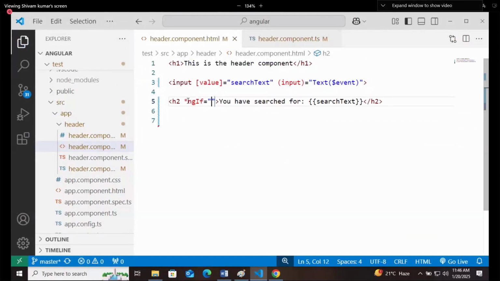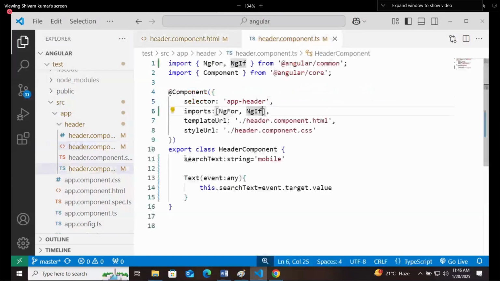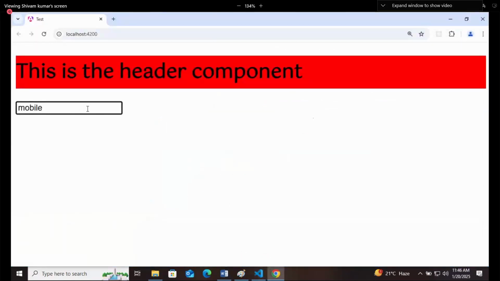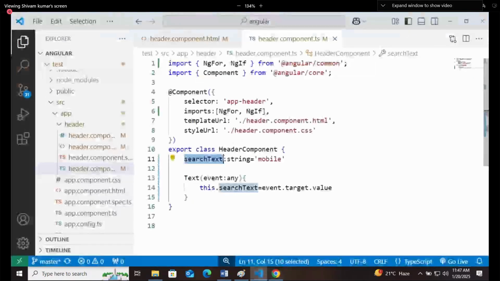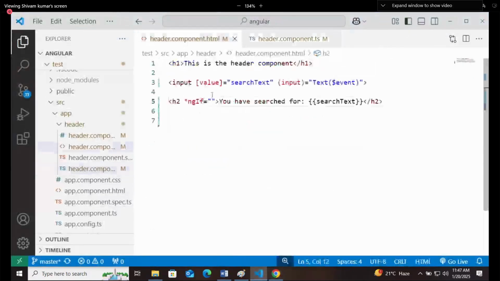Now here you have to write the condition. What will you write here? I want if this search text is null. If you are removing this mobile value from here, you are making search text null. I want that if this search text is null, this heading should not be visible.